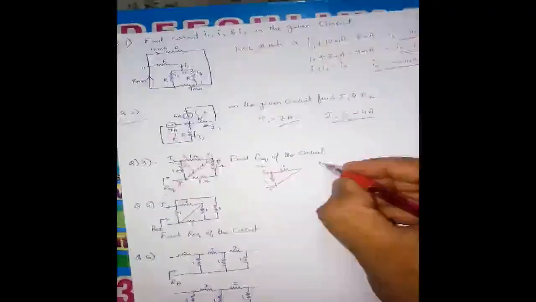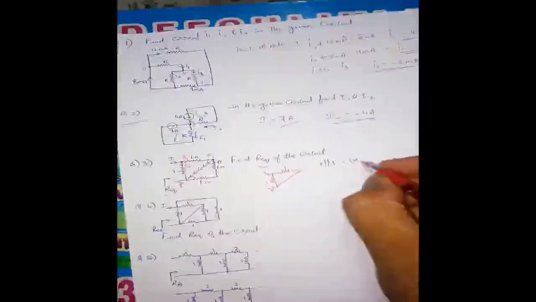Current I, and there is a 1 ohm resistor, and this is the short circuit. This is how the current will leave, and this is where it enters. So this portion has become 0, so I just removed it from the picture. So these two are parallel together, right? So 1 parallel to 1 is nothing but 1 into 1 by 1 plus 1, which is nothing but 1 by 2 ohm. This will be the answer for this question.